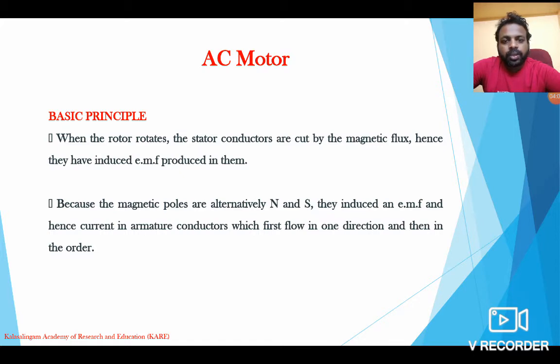So it creates some rotation. It is called the rotation of magnetic flux, also known as RMF. When you supply AC current to the stator or any other electromagnet, it creates a rotating magnetic flux that keeps on rotating about its own axis. In a synchronous motor, the rotation of the magnetic flux is always equal to the rotation of the rotor, so it is called a synchronous motor. And in an induction motor, this rotating magnetic flux is not equal to the rotation of the rotor.